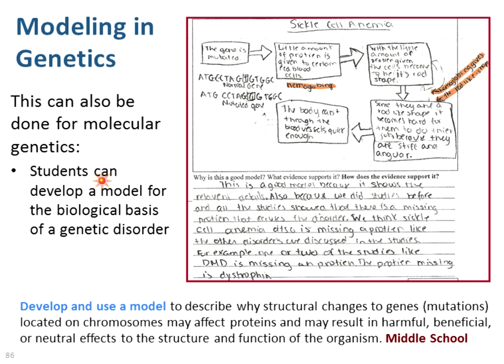So what do the cells of normal individuals look like compared to the cells of people with sickle cell anemia? In this case, it's blood cells. What do the proteins of people with sickle cell anemia look like compared to the proteins of normal people? And they developed a model to explain sickle cell from the gene, and you can see that this child has the idea of coding to the protein, to the cell, to the tissue, which is essentially the blood, and then the organism, which were the symptoms of this particular disorder.